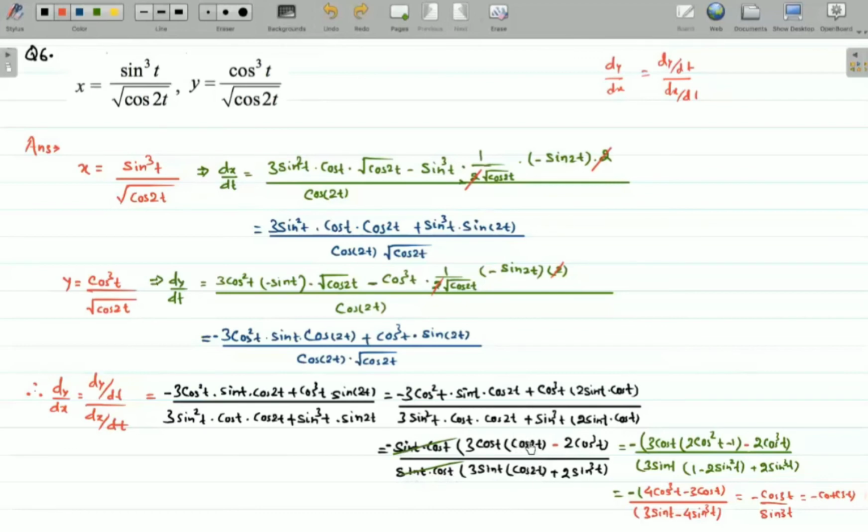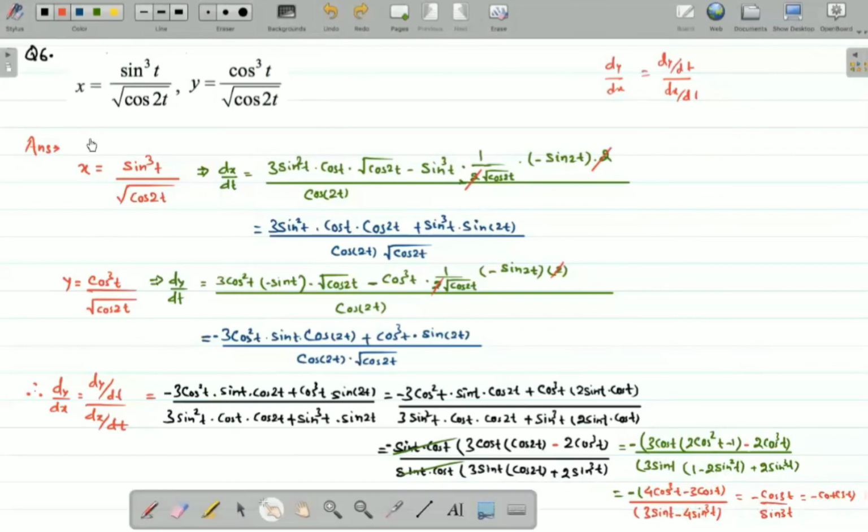We'll express this in terms of cos like this: 2 times cos square t minus 1, because we know that 1 plus cos 2t gives you 2 times cos square t. So cos 2t can be written as 2 cos square t minus 1. And we know that 1 minus cos 2t is 2 times sin square t. So cos 2t can be written as 1 minus 2 times sin square t. So when we multiply this inside, we are left with this. This is nothing but your cos 3t formula. This is nothing but your sin 3t formula. So we'll get cos 3t by sin 3t. That will give you cot 3t. It's a very, very important numerical for your board examination.